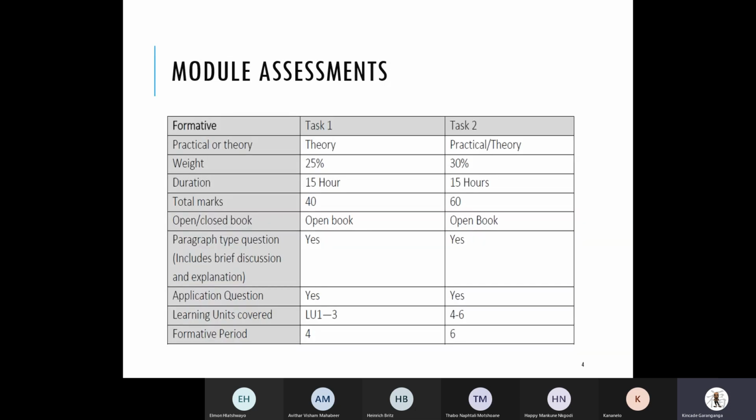So you've got 2 tasks that will literally be in line with your assignment. So the task 1 and task 2 is literally your assignment 1 and assignment 2 associated with the module at large. 25% weighting for task 1 and 30% weighting for task 2. Naturally, all open book, but again, like I've mentioned before,